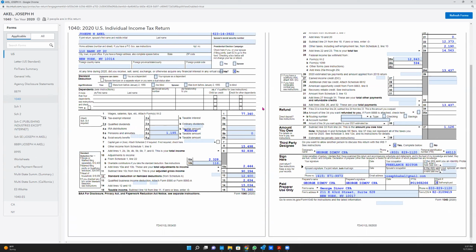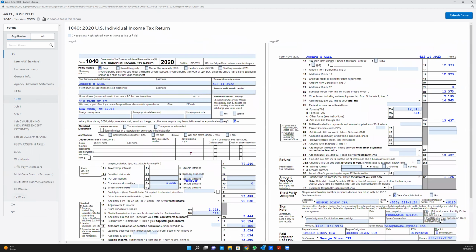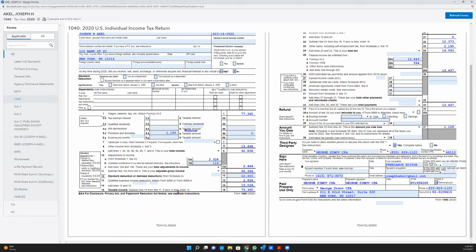So when you're reviewing the tax return, either with the client or on your own, you can always look at the, let's say, worksheets. Where are the wages coming from? Match up the numbers to the W-2s, right? Either sum them up, or if it's just one W-2, well, even easier, the amount is going to be here. Now,